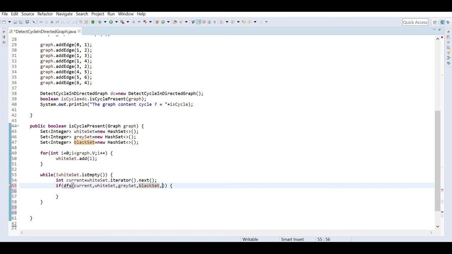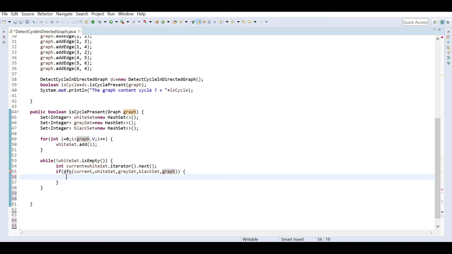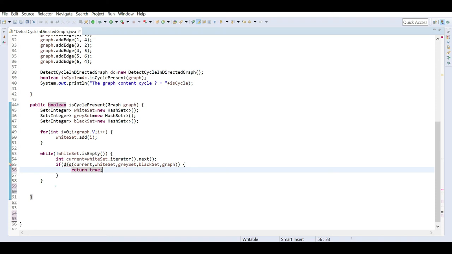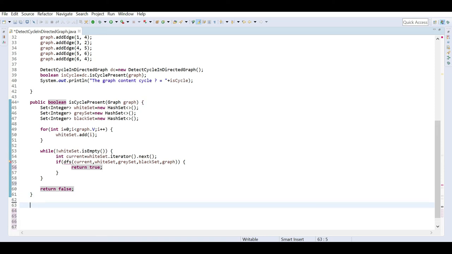And we have to pass the graph also along with this. If it is successful, then we will return true. When I write the below part of the code, it will be easier to understand, or else we'll return false. So now we will define the method called DFS.